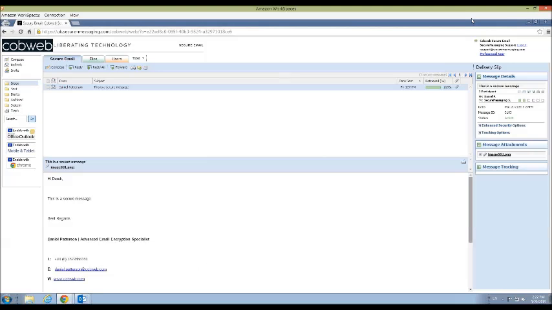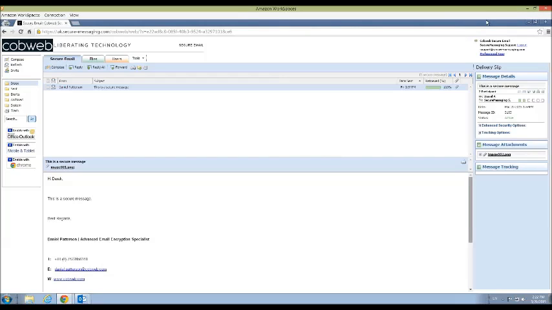So what I'd like to do now is just take you through a brief tour of this solution and show you a couple interesting points of the secure messaging platform for your consideration. Again, feel free to add any questions, feedback, or thoughts into the GoToMeeting console. And if there are any more questions, we'll be sure to answer those before the end of the call today.